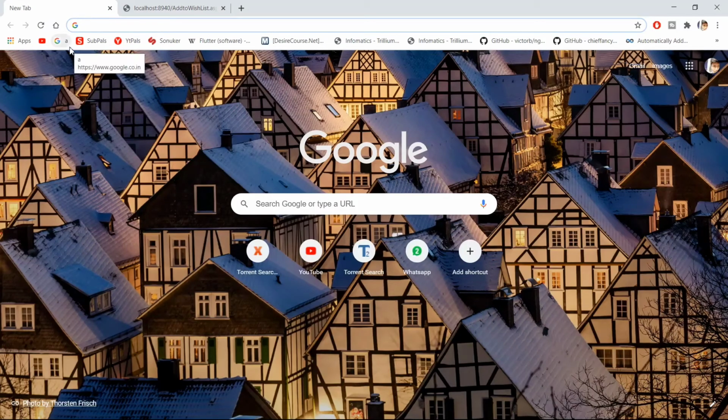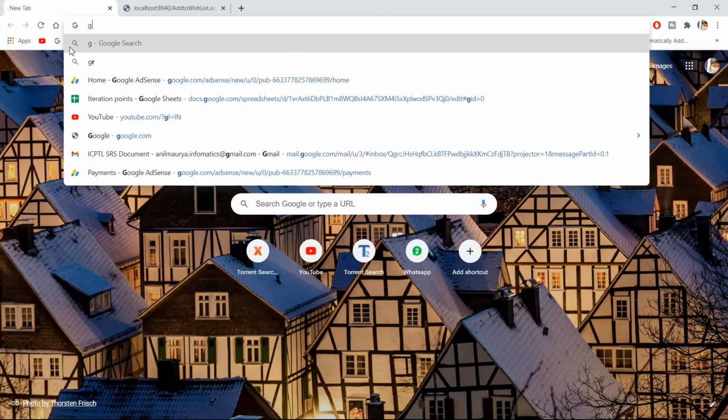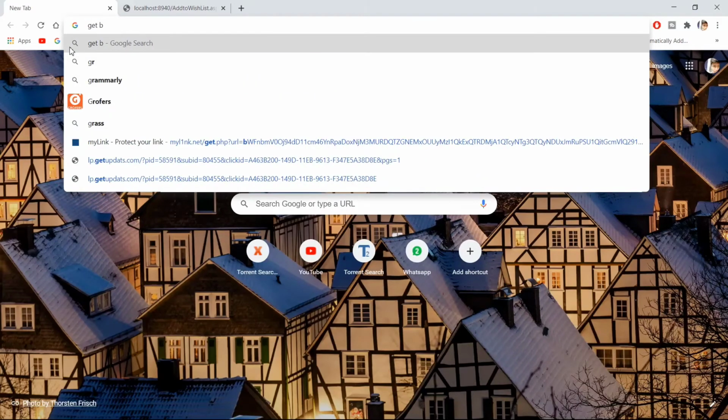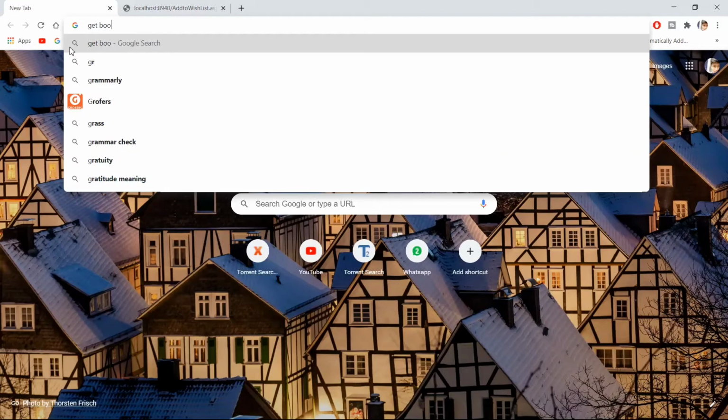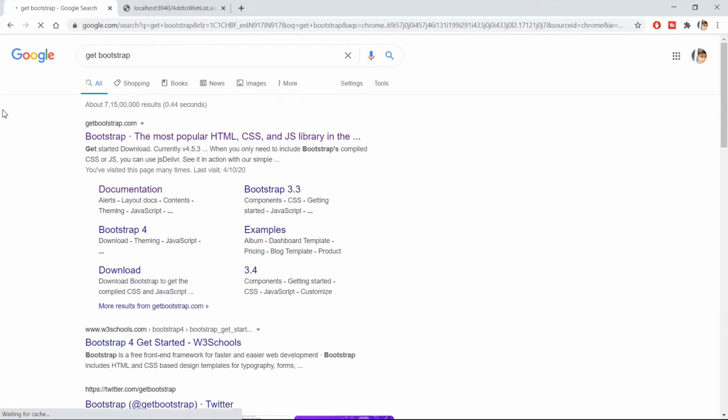In the browser, search for bootstrap, get bootstrap. Open the first link.